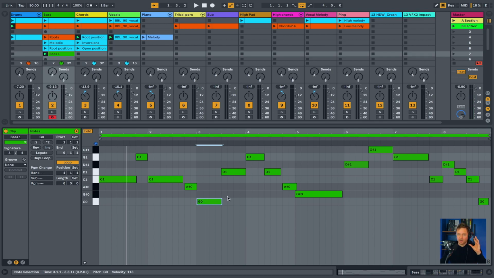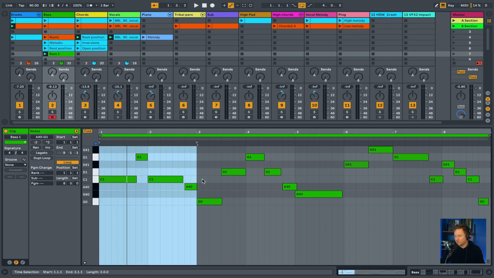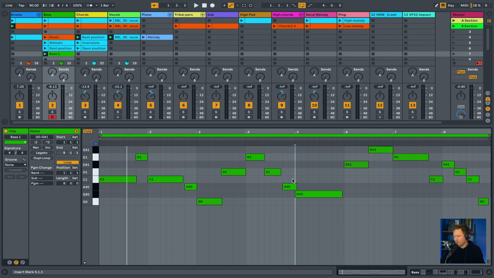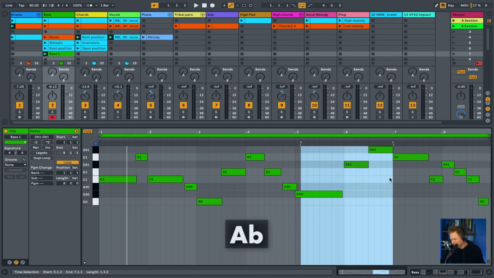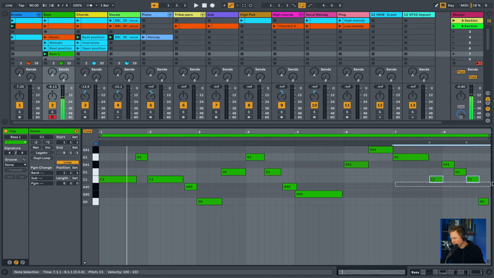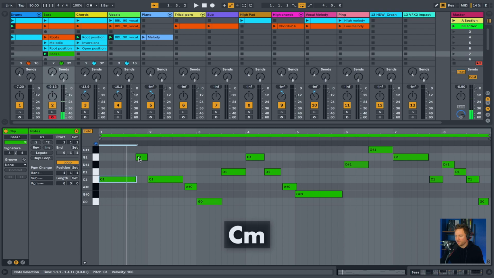You've really got to kind of have the chord progression in your head, okay? For these two bars, I've got C minor. For these two bars, I have G minor. For the next two bars, I have A flat major. And for these two bars, I have G minor again. So here's my root, here's my fifth, root. This is the seventh. Then G minor, I have the root, fifth, root or octave,